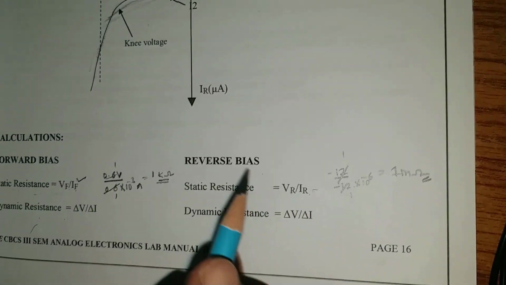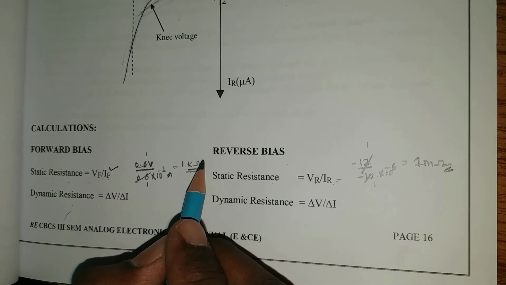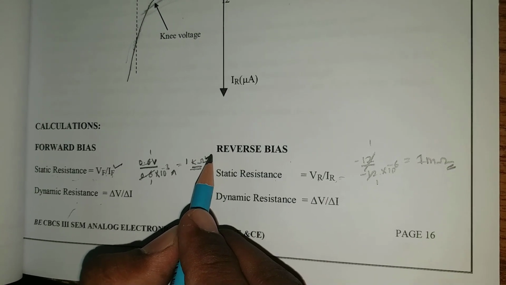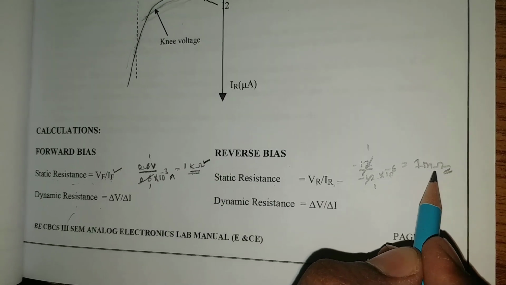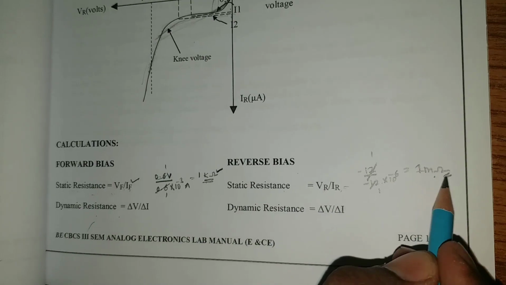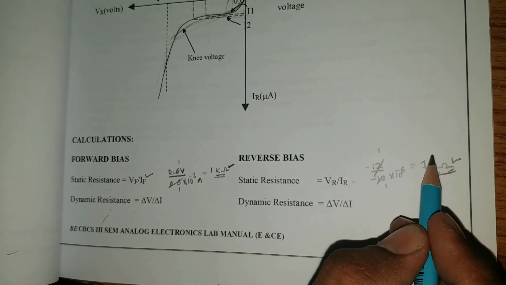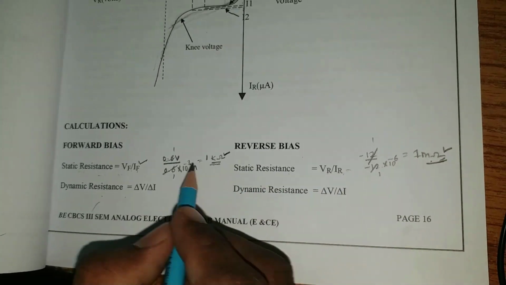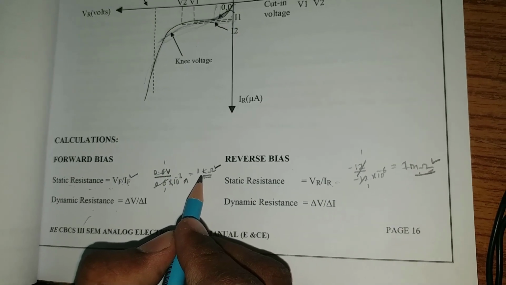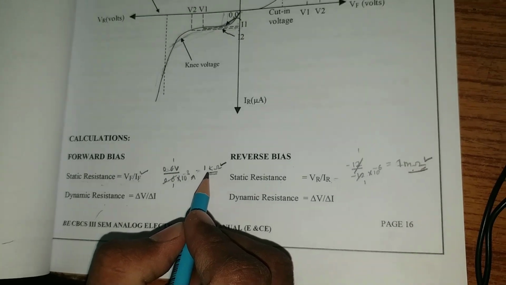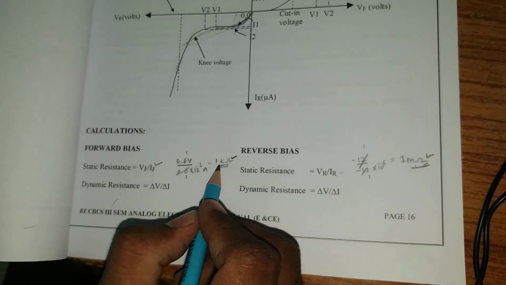We already studied that in forward bias the PN diode junction resistance is very small, that is, 1 kilo ohm. In reverse bias the PN diode junction resistance is large, so that's why you will get mega ohms. So mega ohms resistance you get in reverse bias, and kilo ohms in forward bias. This topic you are already aware of in the theory part of the PN junction diode resistance.